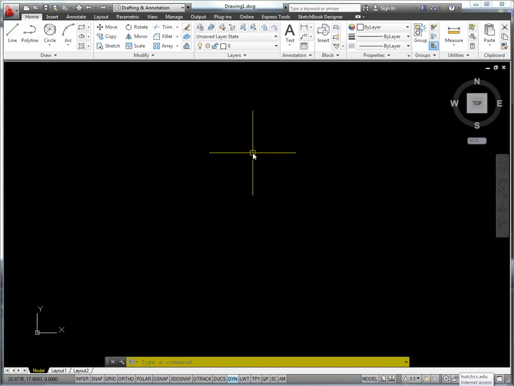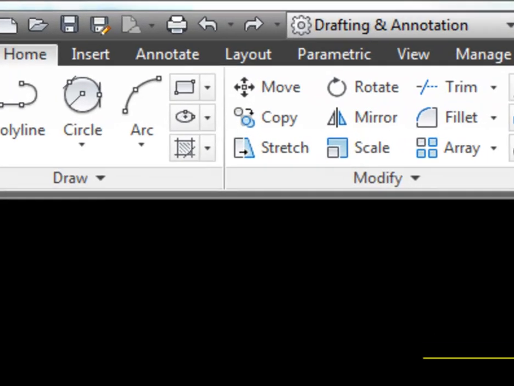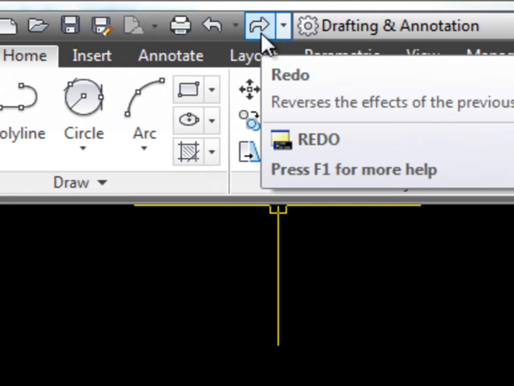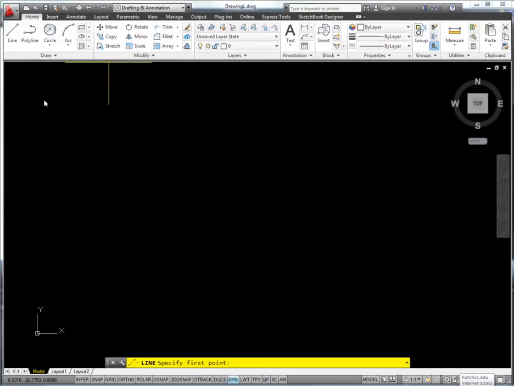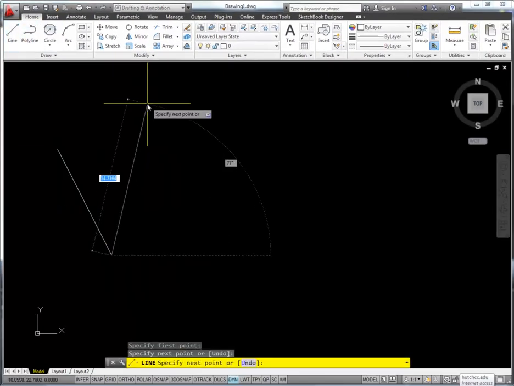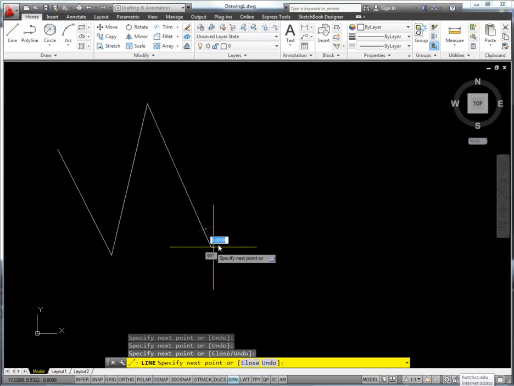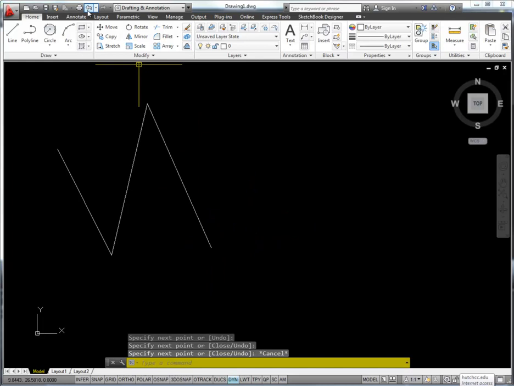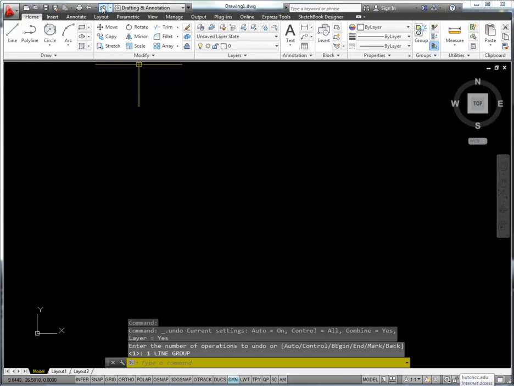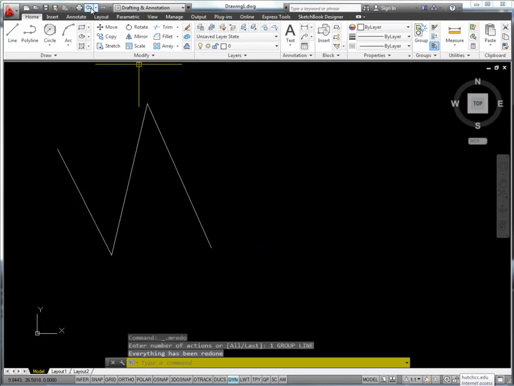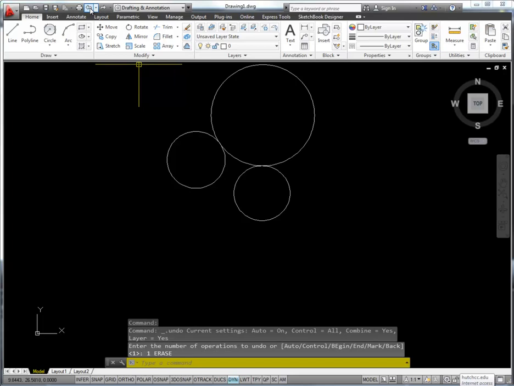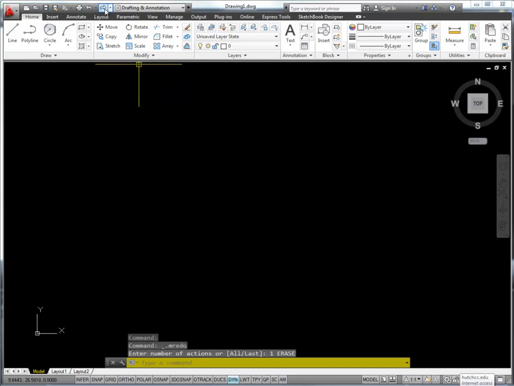Now another issue to look out for is kind of a trick with the redo. As you can see, the redo is open for me to use right now. Typically, if I want to undo something, I can redo it to get it back. So if I hit undo, it gets rid of all those lines. If I hit redo, it brings them back. And I can undo as far back as I want,